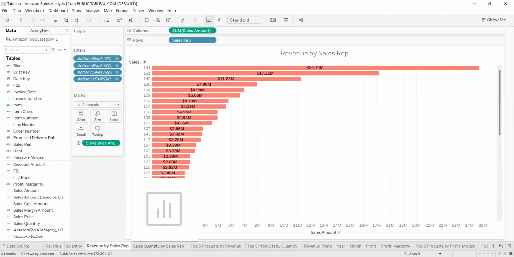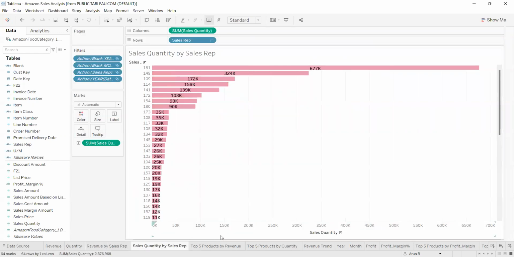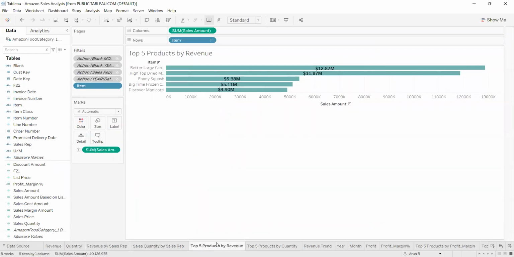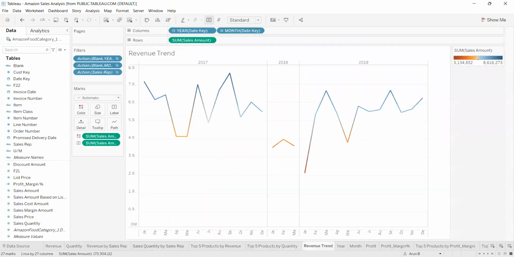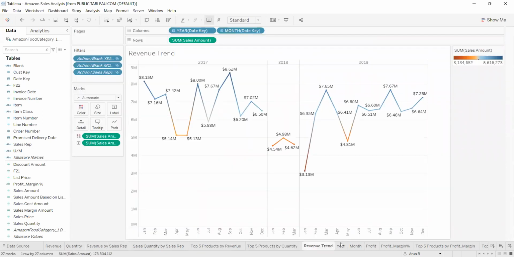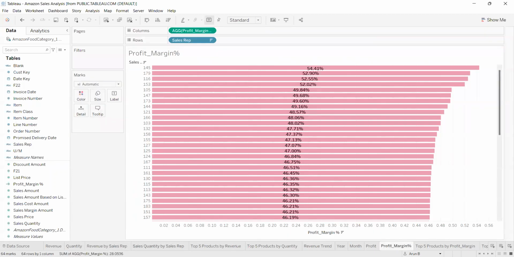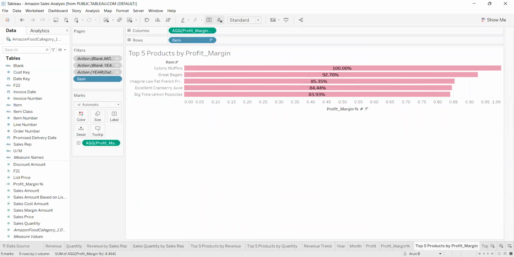Similarly, sales quantity by sales rep, and the top five products by revenue, which are generating more revenue for the company, and the top five products which are sold more by the company. Further moving on, I have created revenue trend by year, month, etc., whereas profit margin, top five products by profit, etc. And if you can see